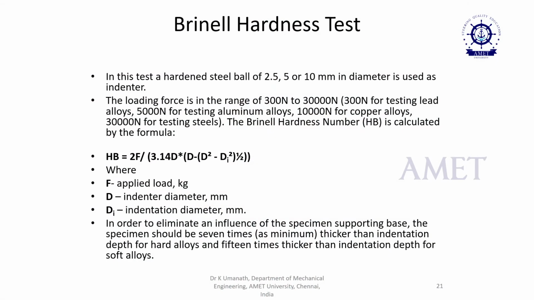Normally, steel balls are used in Brinell hardness testing. A lot of hardness tests are available nowadays, such as the micro hardness test, Vickers hardness test, and Rockwell hardness test. We discuss only the Brinell hardness testing for the sample. Here, 2.5 to 10 mm diameters are used for the indenter, and different loads from 3000 Newtons to 30,000 Newtons are used for this